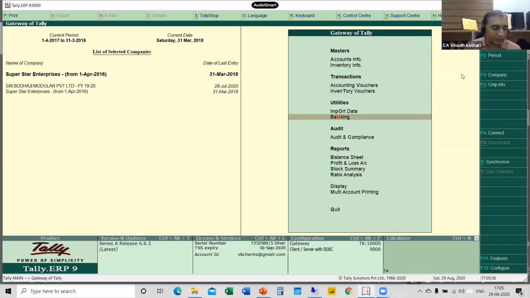Now someone was asking what version of Tally I am using. This is the latest version, release 6.63. Even if it is 5 or 4 or 2 or 1, Tally audit features are available in all the versions. So any doubt we can take, or we can take it at the end. Someone wants to ask a doubt, one or two, sir? Please show how to display a summary of all the queries to be exported.